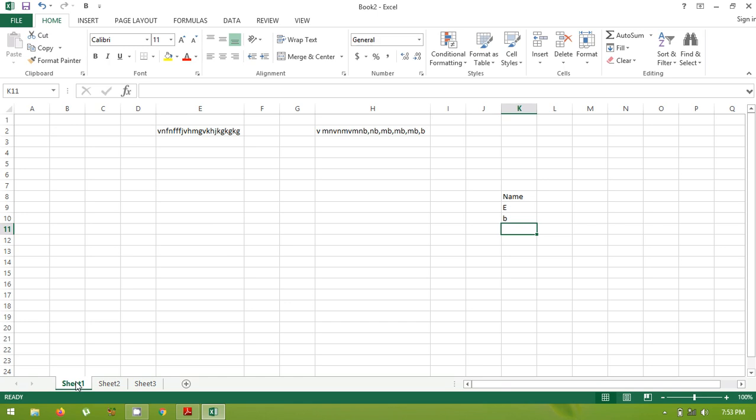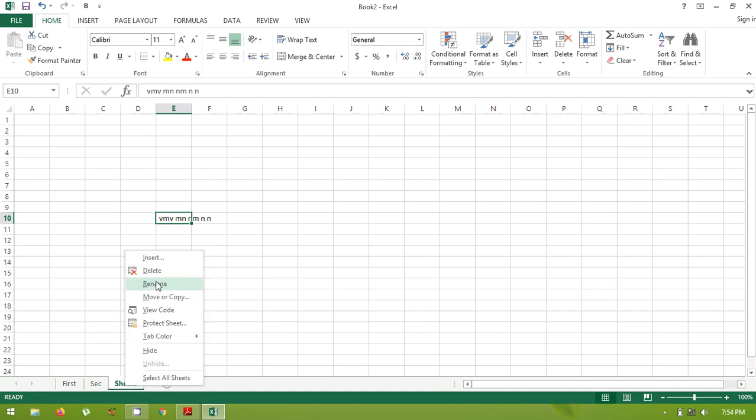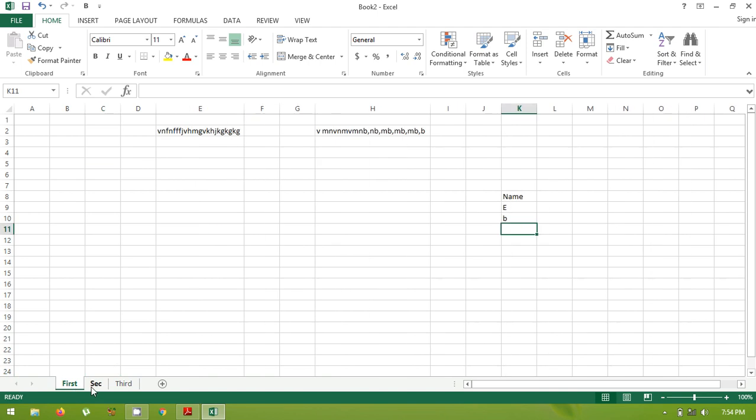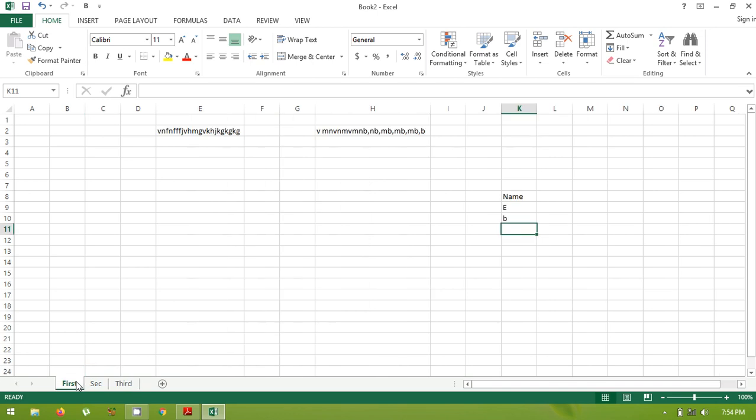And you can rename them as well: double click on it and give the name, or right click and rename. This I want to give as my second sheet, rename, and this is my third one. So this is your first sheet, your second sheet, and your third sheet in one workbook.